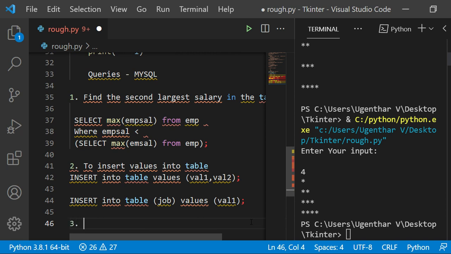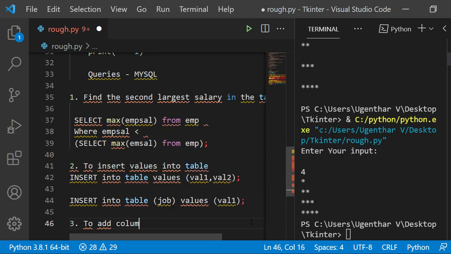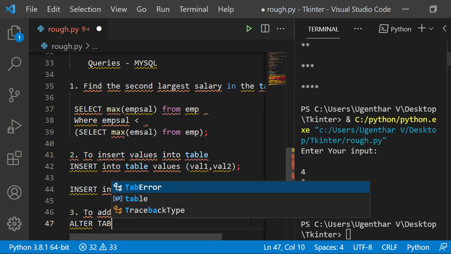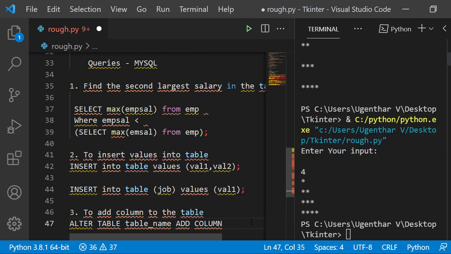Again she gave me a third query, to add a column to the table. This can be done by using a data definition command, like alter table, then the table name, then add column, then the column name.